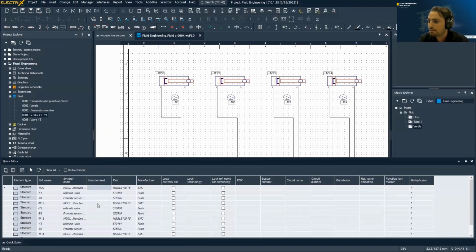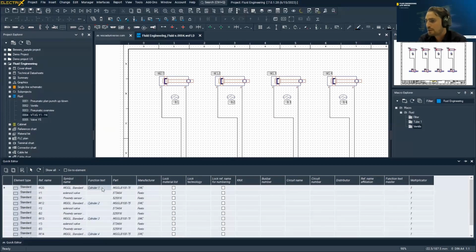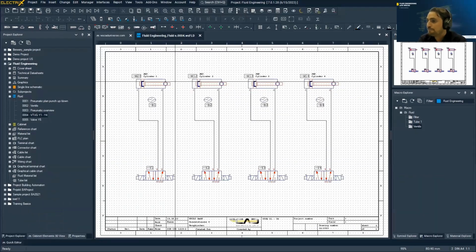We can just mark some places and copy some texts from an Excel sheet, or we also can write it manually. But now in our case, we just copy it, as you can see. And if we want to see all these descriptions in the cylinder, we just make it visible like this, easy. On the next page,